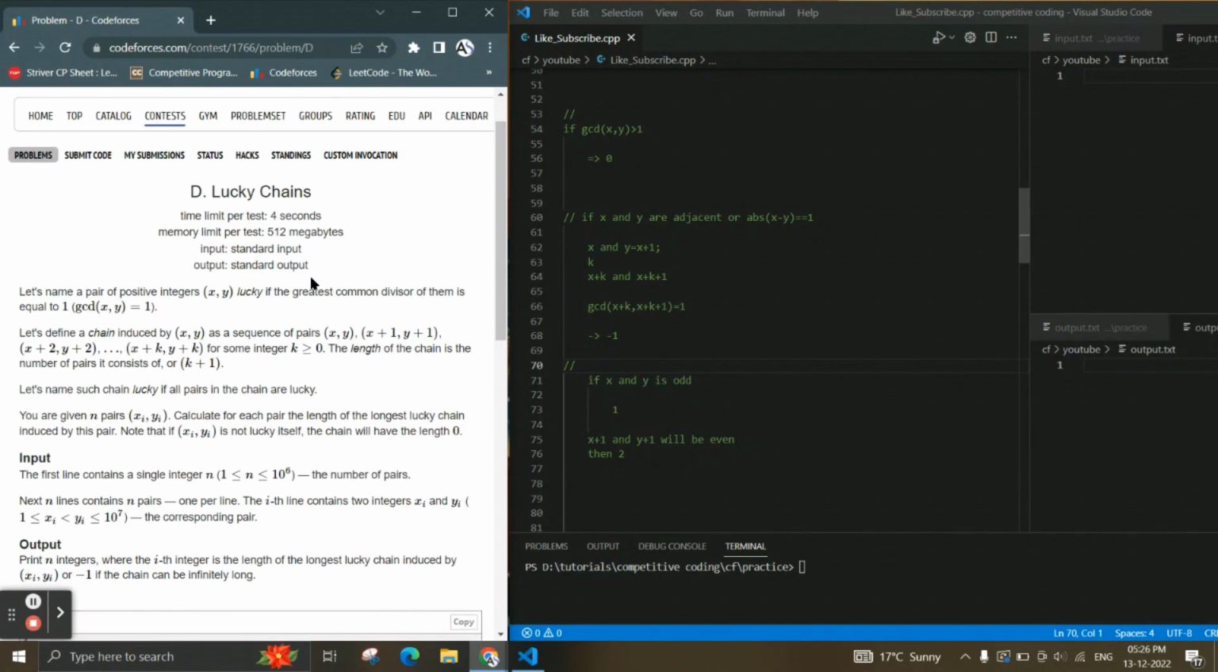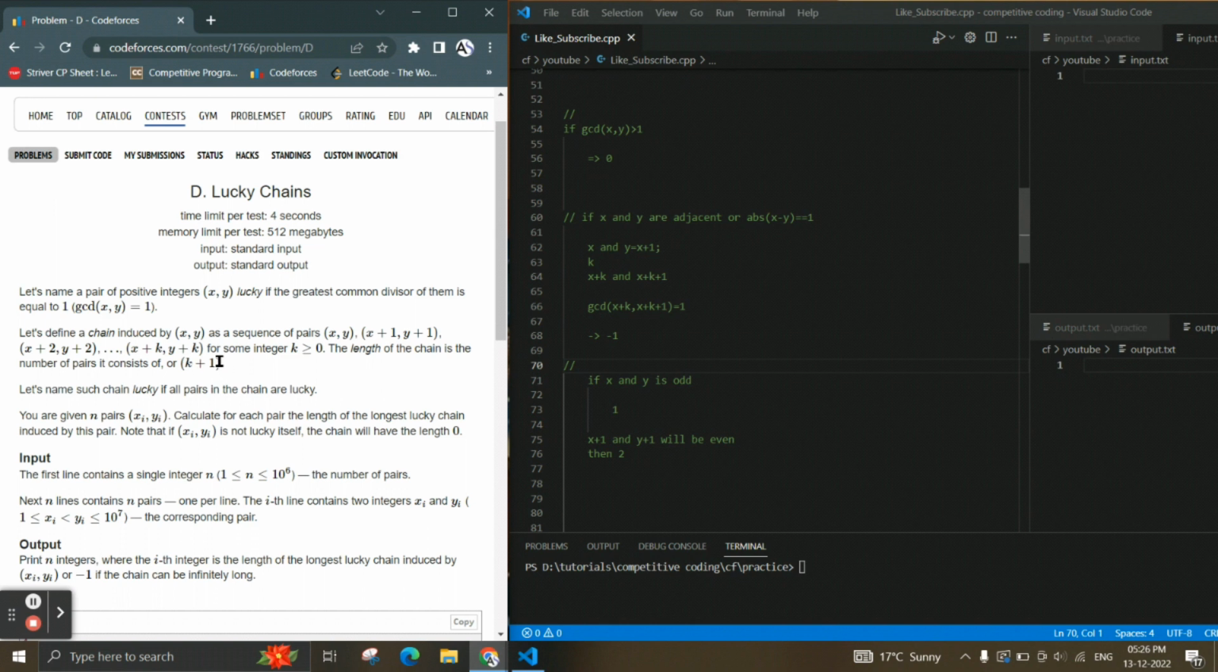So hello everyone, today we are solving problem D, Lucky Chains, of Educational Codeforces Round 139. In this problem you are given a pair of positive integers x and y. The pair x and y will be lucky if the GCD of x and y is 1. And a chain can be formed by adding 1, 2, 3, and so on to x